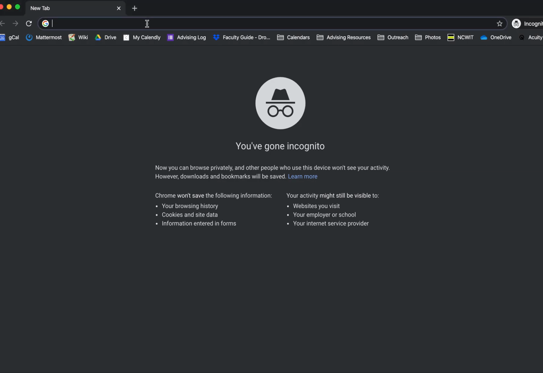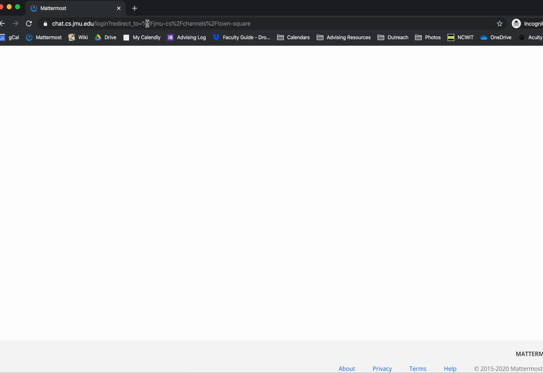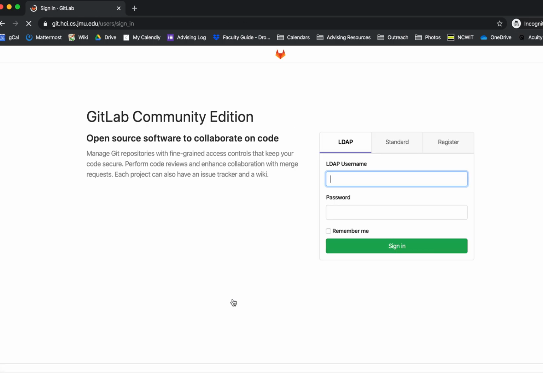I wanted to just give you a quick tour of Mattermost so you know what to expect when you jump on. First thing, logging in. If you go to chat.cs.jmu.edu, what you want to do is go down to GitLab, and then in the LDAP, you'll log in with your JMU ID, just the part before the @ symbol, and your EID password,